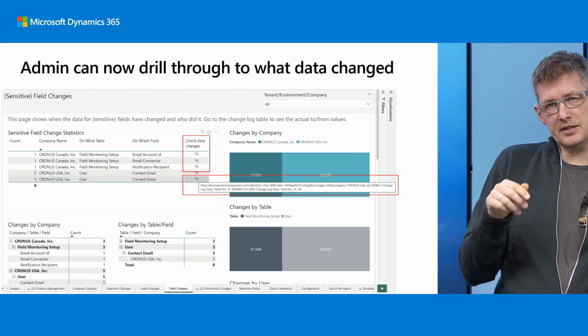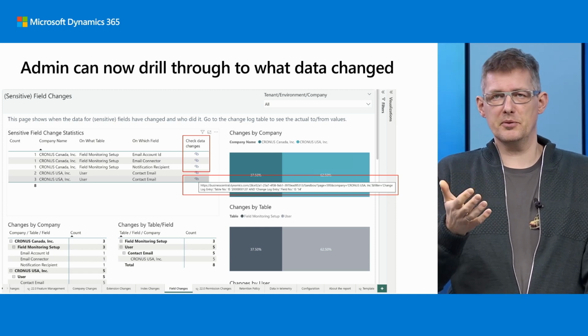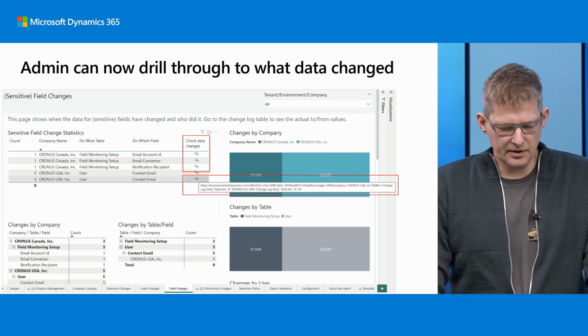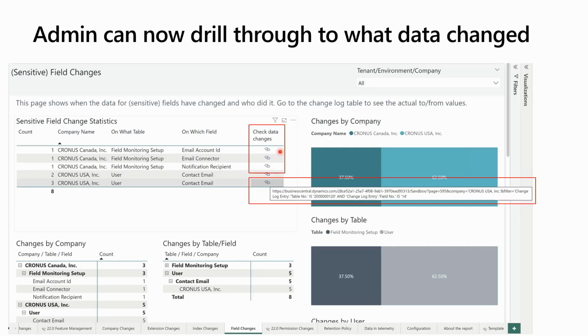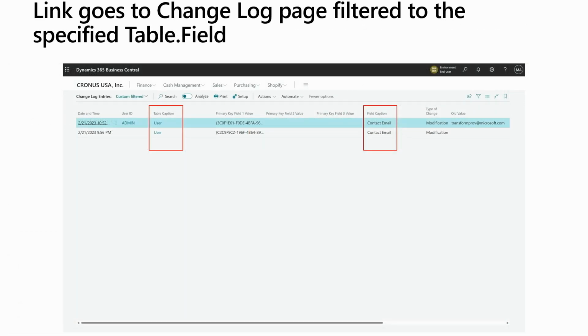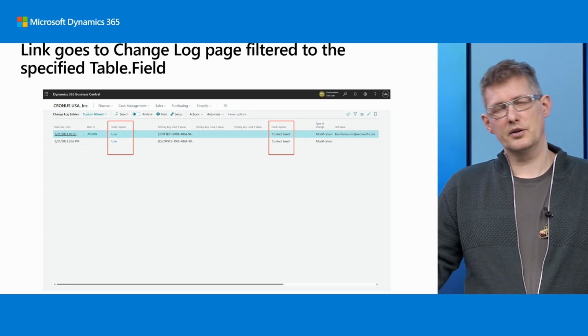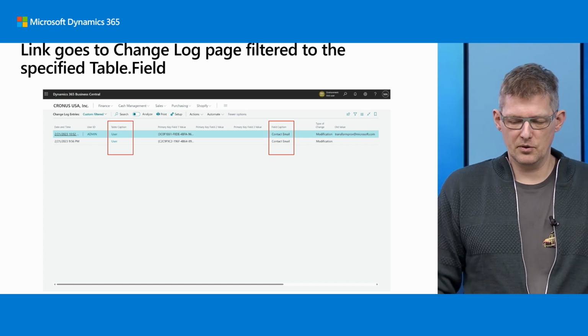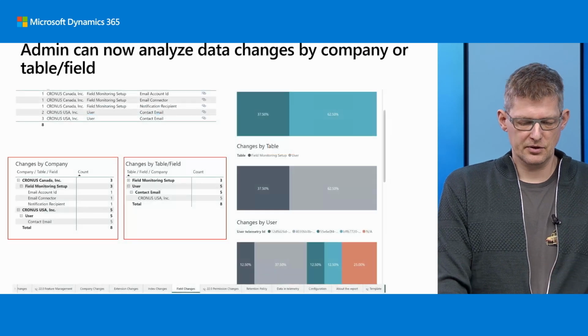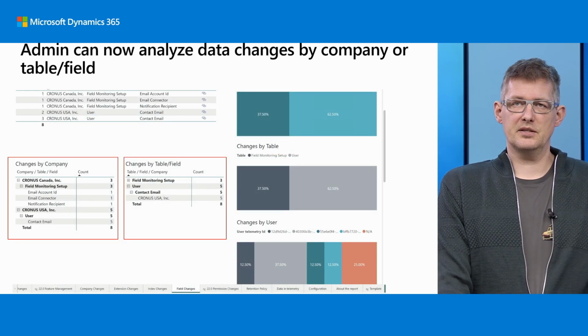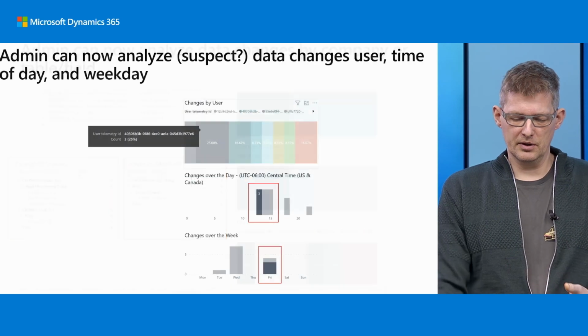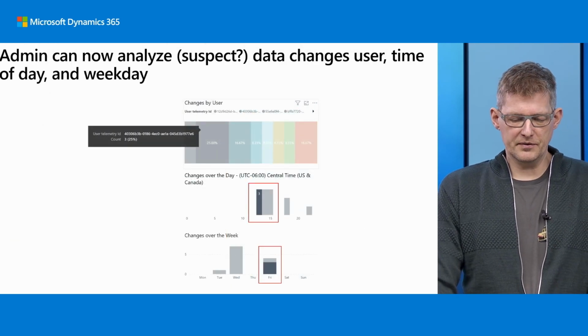We don't log the data changes to telemetry. We never log customer data. But in the recent report here, we actually add a link to the data change. So we know this data element changed on this date. And if you click that link, we then take you directly to the change log in the product so you can see the data changes there. So hopefully this could be a different way to have compliance so that you can analyze data changes by company or data field, or you can see if there are